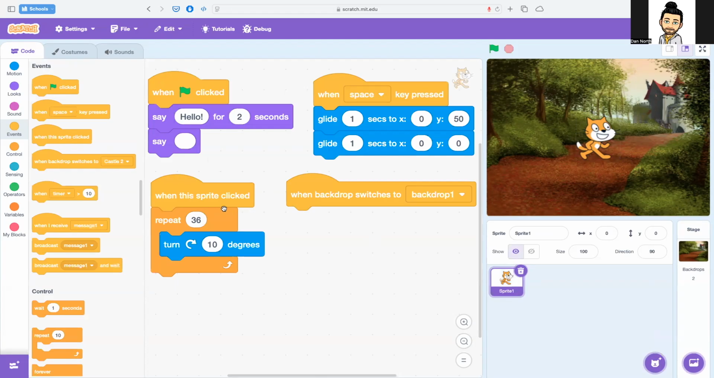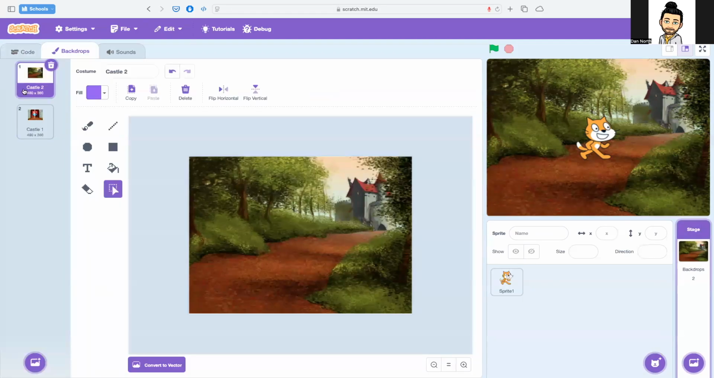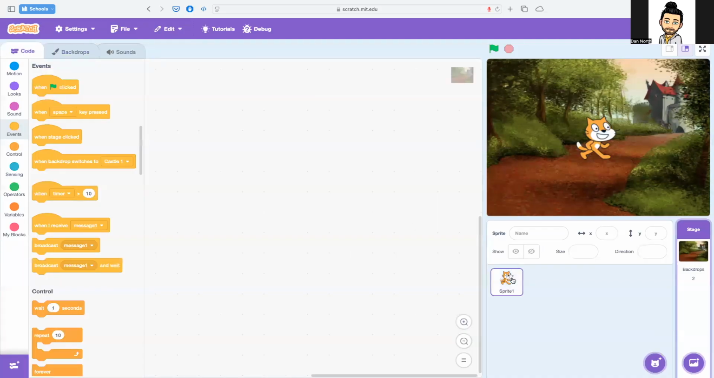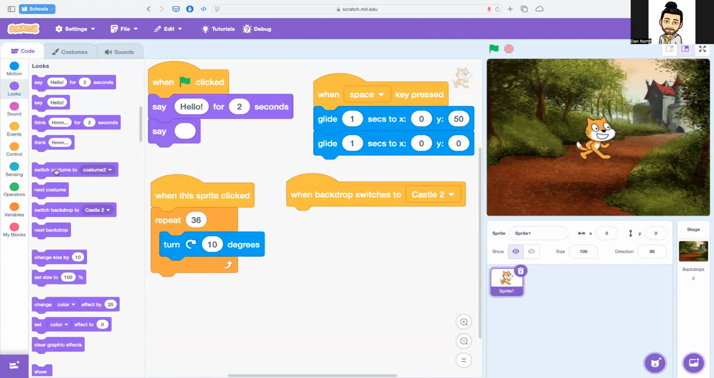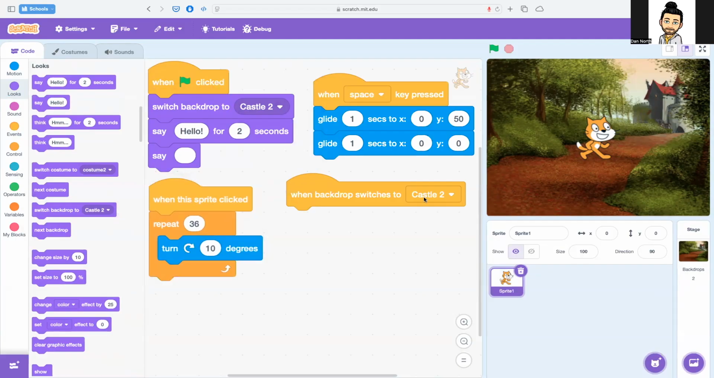And maybe we'll say when the backdrop switches to castle 2, and I think, oh, this one is castle 2. Let's put them in order. So I want to start with the green flag. I'm going to make sure I switch the backdrop to castle 1. No, castle 2. Yes. And then when it switches to castle 1, which is the other one, the one with the door,